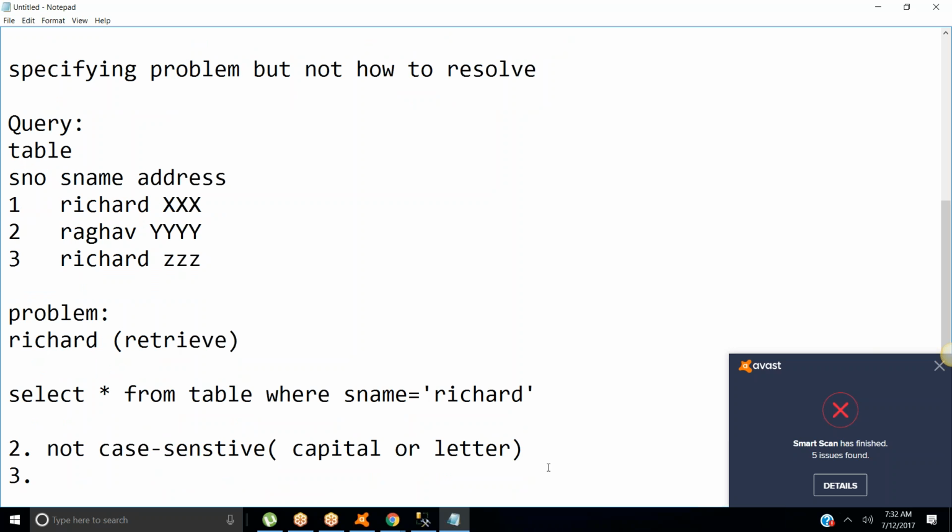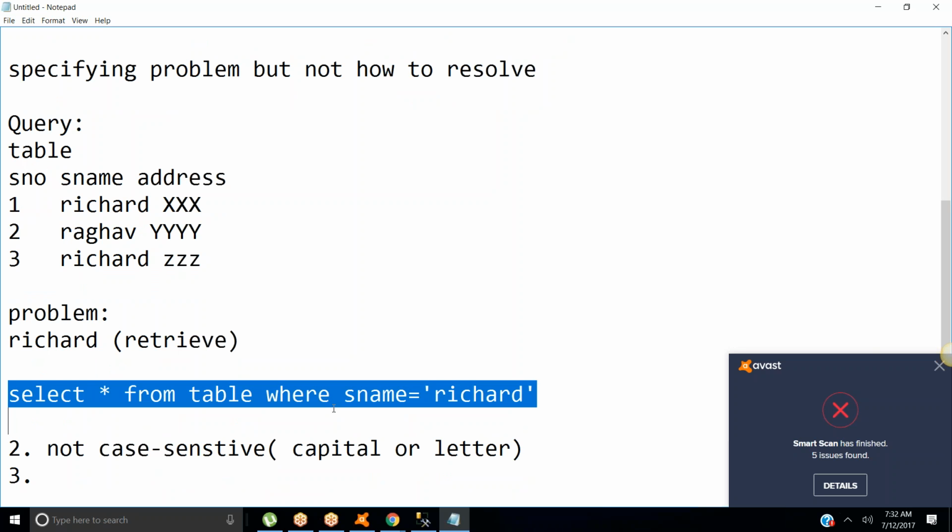And we have seen what is meant by not case sensitive. It means you can write this particular query either in capital letters